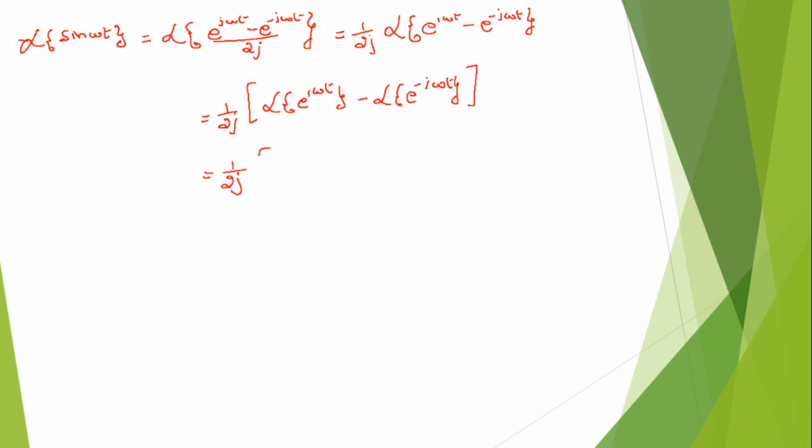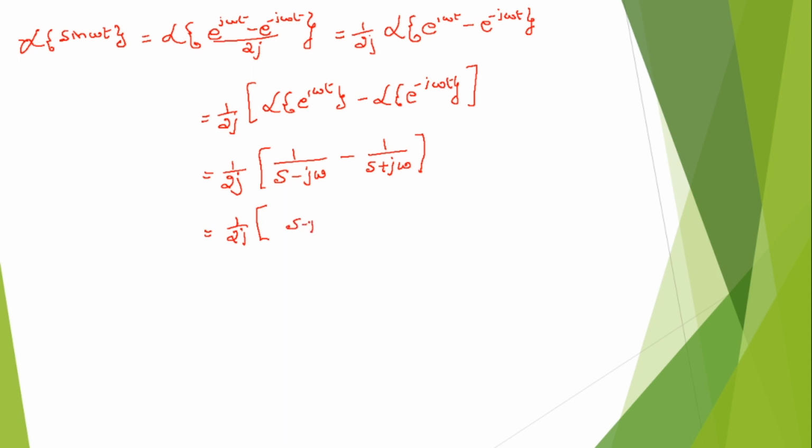So this is 1 by s minus j omega minus 1 by s plus j omega, because the Laplace transform of e to the power minus at is equal to 1 by s plus a. So e to the power j omega t becomes 1 by s minus j omega. Now simplify. So 1 by 2j